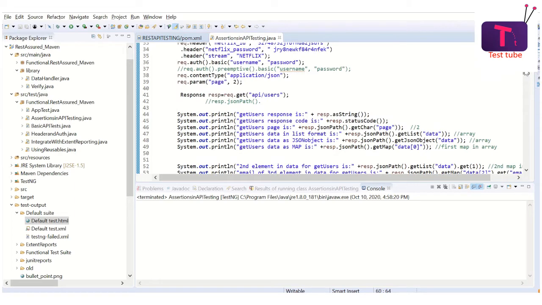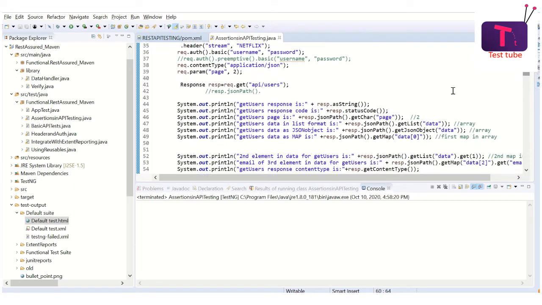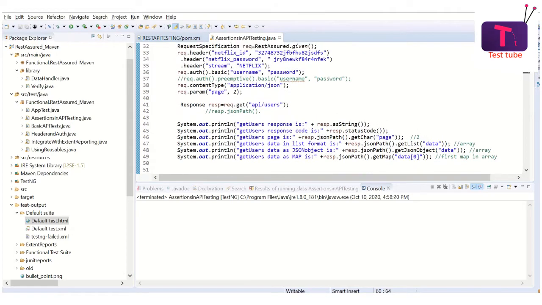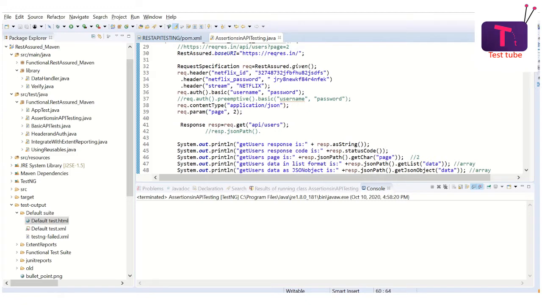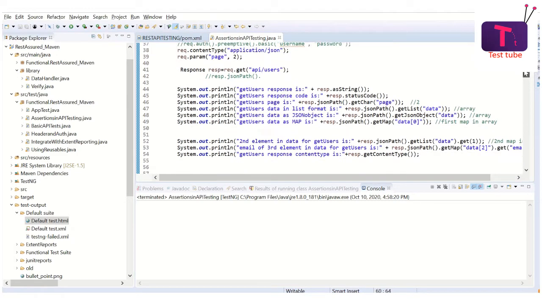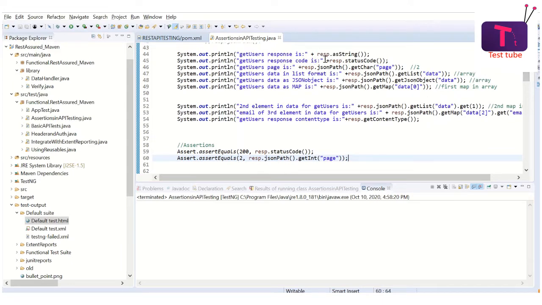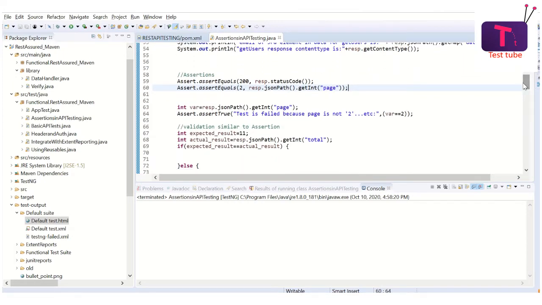So this is an API which is get users API. It is going to return some response. We have captured it over here, as you know it already. If you haven't known what this API is about, I'll recommend you to watch my previous videos to know what this API is doing, how this is built, and how the response is parsed to validate different values in the response. Alright, assuming that you know all of it, let us try to understand what this assert is.